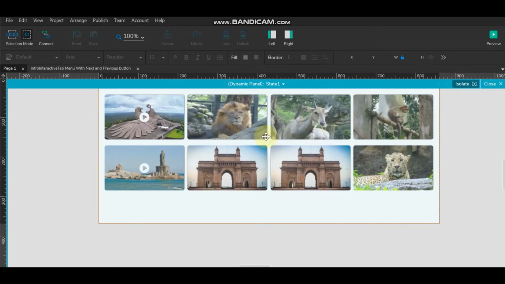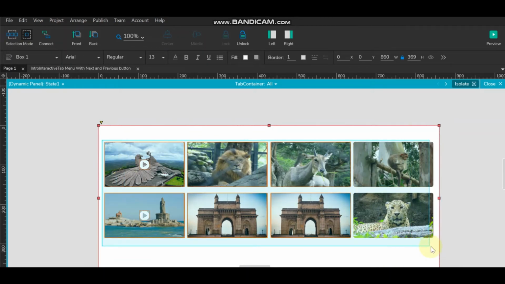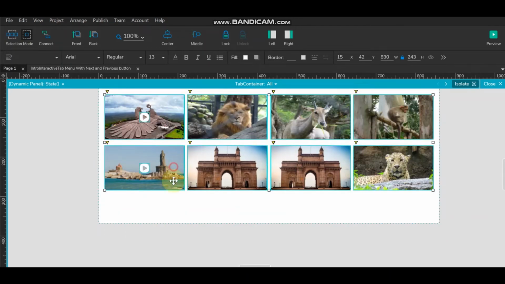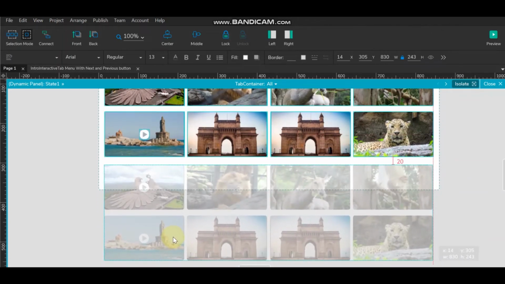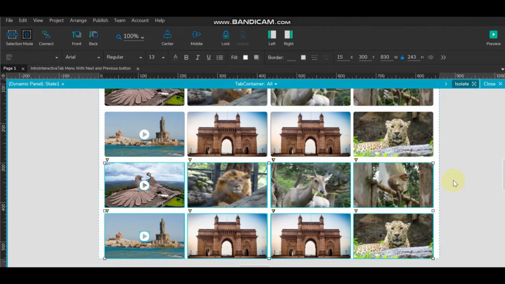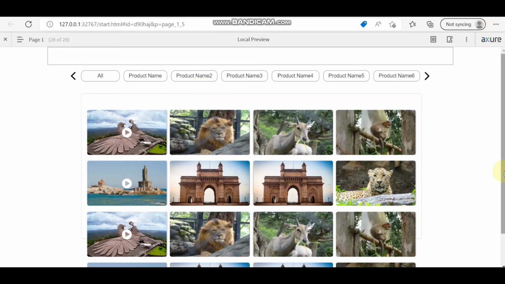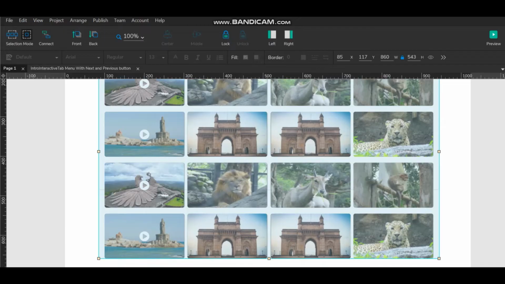And the second thing is the scroll. So suppose if you want to scroll it, means if you want to give the more content, you can just have the copy of this, and now you can see here it is increasing the height. Once you preview, this scroll is coming and this container is still here. So I want to scroll here instead of this. So for that, what we need to do,